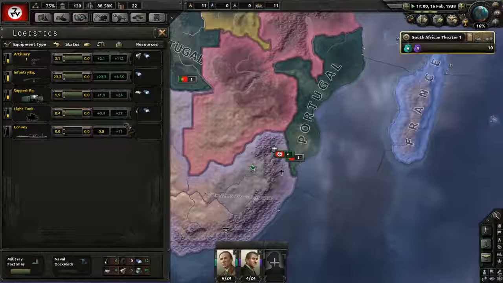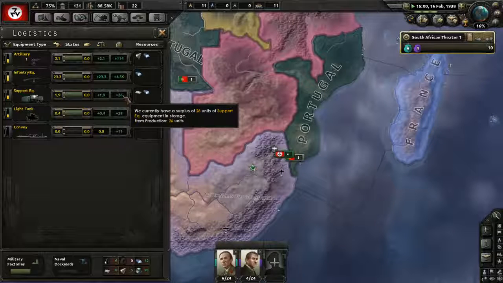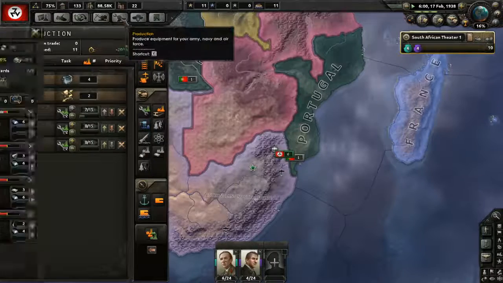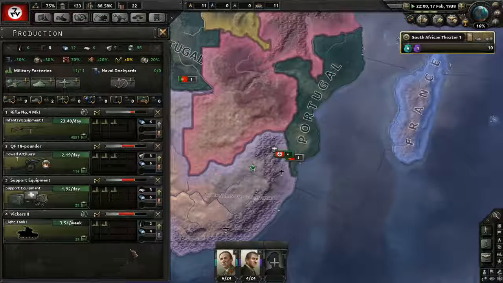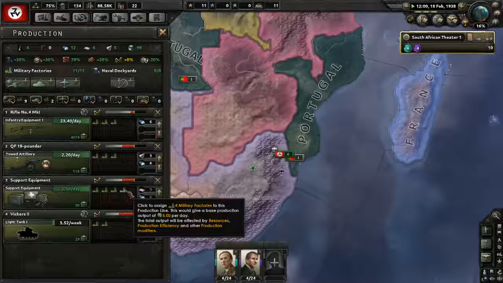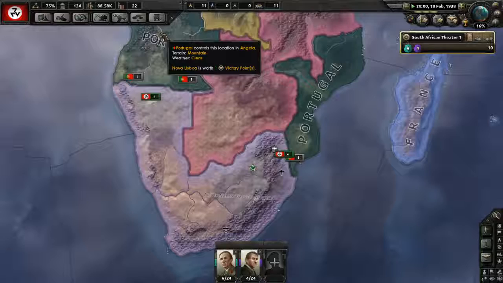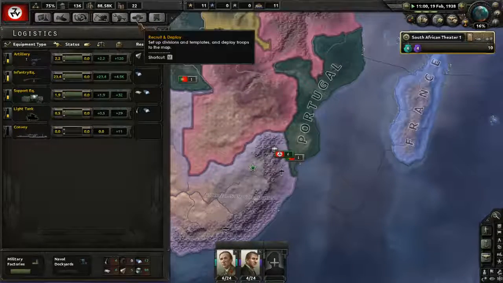But we now are stockpiling everything. Would like to stockpile more support equipment, but we're not making a ton of it. Once again, that's really a facet of we just don't have a ton of that. And we do need to work on tank production too. Jeez. Not pretty, but the good news is